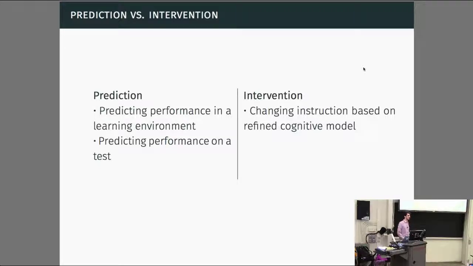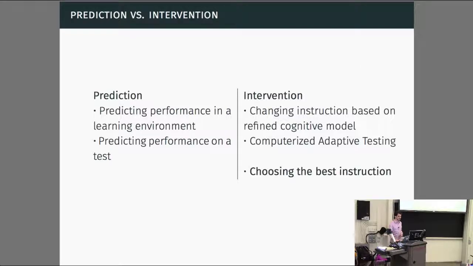So in the first lecture, we talked about refining a cognitive model using a combination of search and machine learning. And then based on that refined cognitive model, we might realize, for example, some problems are not great, or we have to change problems to map onto different skills. So that could help us refine our instruction. That's a form of intervention where it needs a human in the loop. So we're not just using AI to refine the instruction, but the human might say, oh, based on this new cognitive model, I might want to change the problems that we give to students. So it sort of combines AI and humans. And the second application, as was mentioned, was computerized adaptive testing.